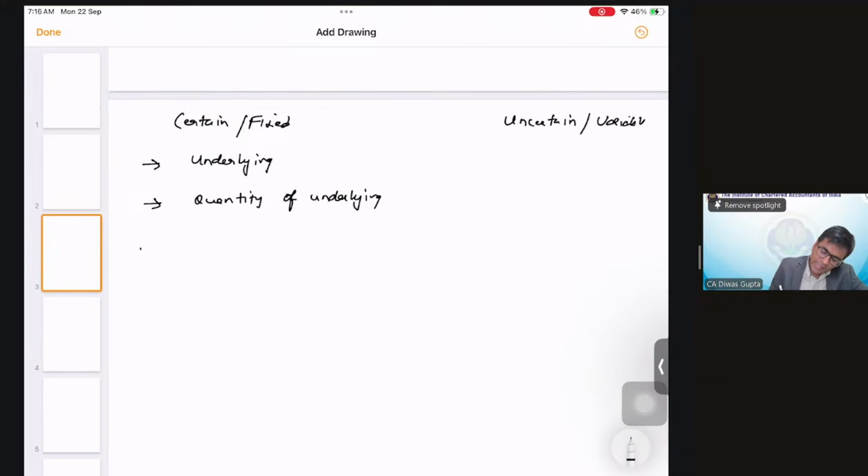So quantity of underlying means how much quantity the underlying will be equal to. One derivative on equity share of X will be 1 is to 1, or let's say 10 shares of equity share of X will constitute one derivative, right? So the quantity will be defined. Quality